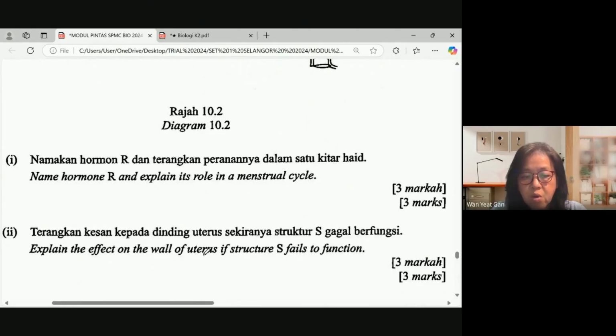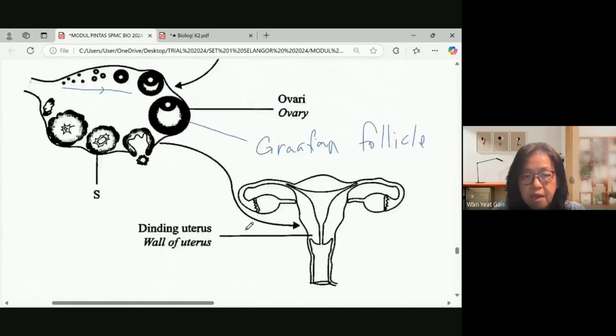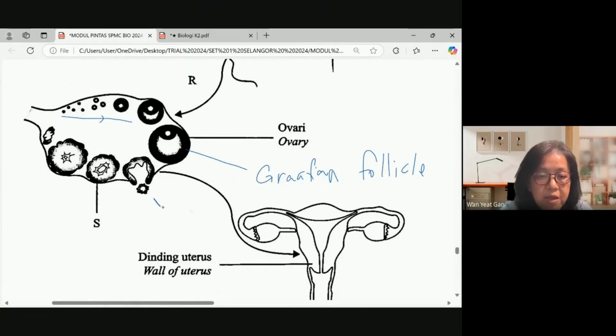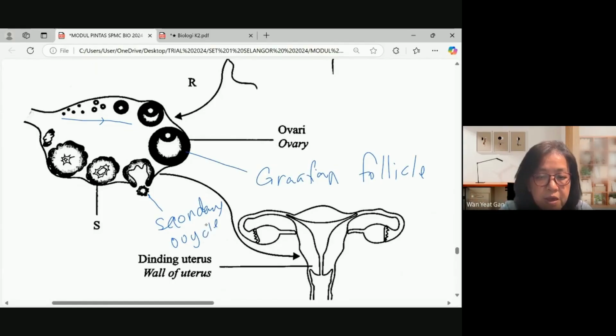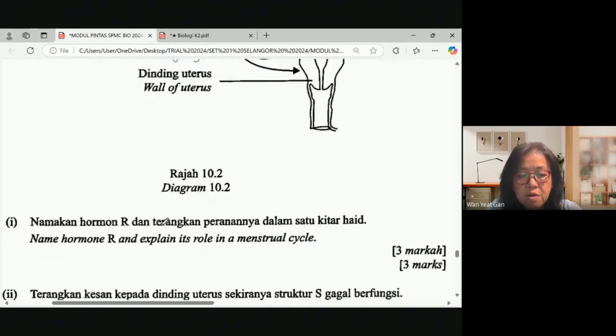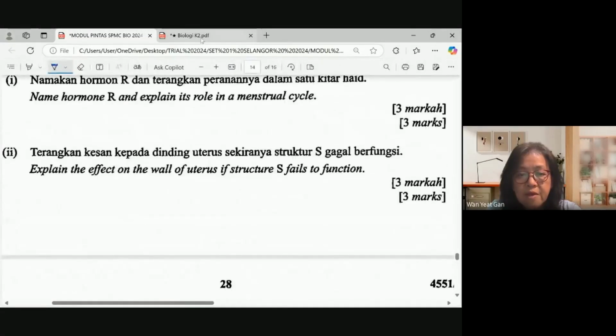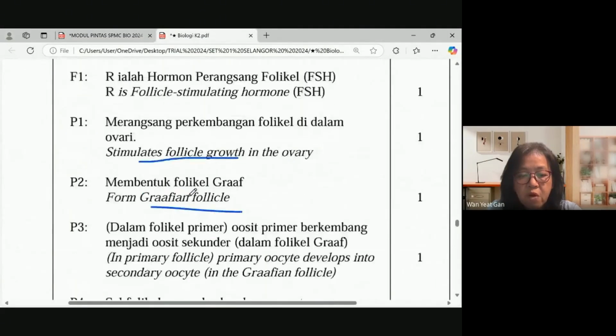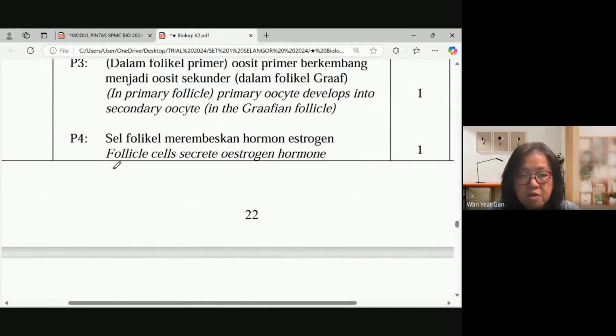Explain the effect on the wall of uterus if structure S fails to function. So S is after secondary oocyte is ovulated, what is left is the Graafian follicle will become corpus luteum. So S is actually corpus luteum, and if S fails to function, if corpus luteum fails to function, then